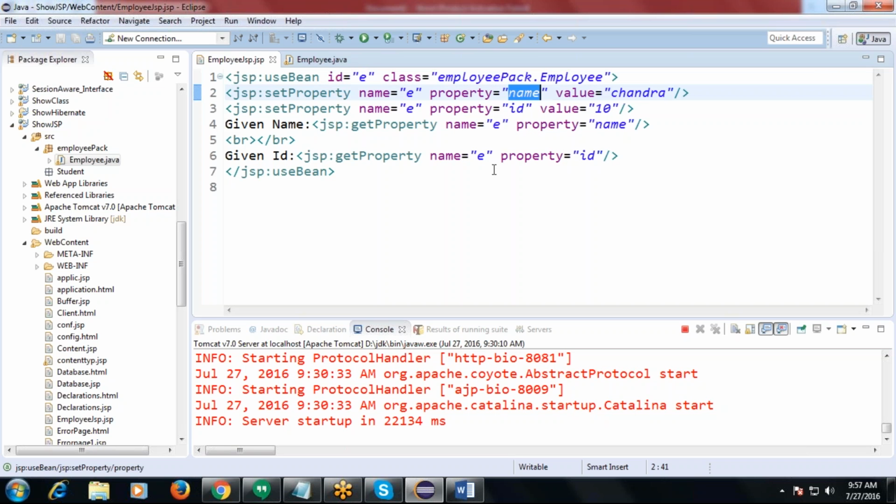What is the property name here? Name. That means the setter, the setName method executes. How can we say that setName executes? Because we gave setProperty name equals e and property equals name. When we give like that, our JSP container executes the setName method by passing this value.